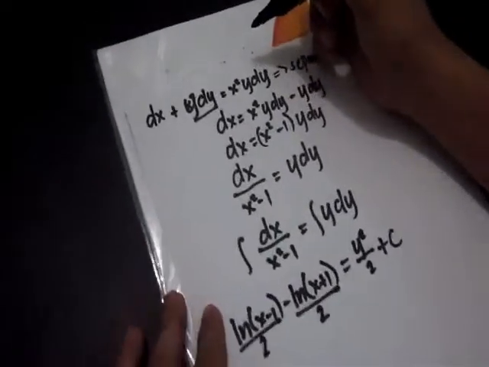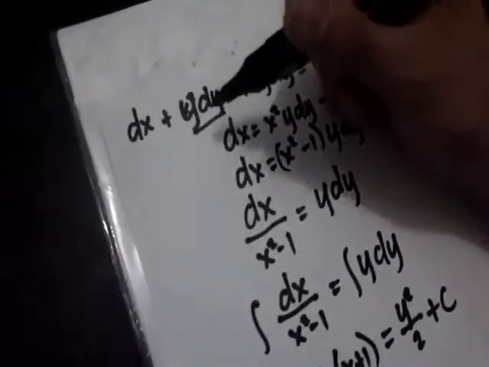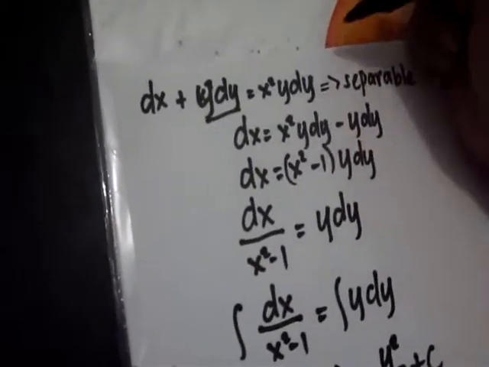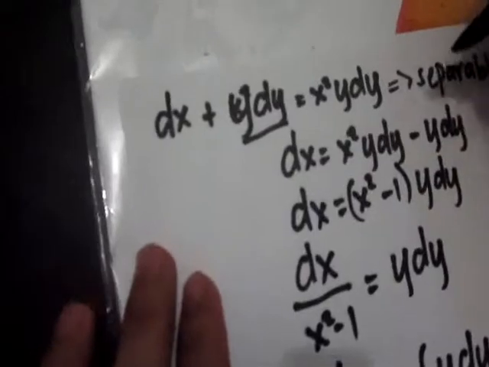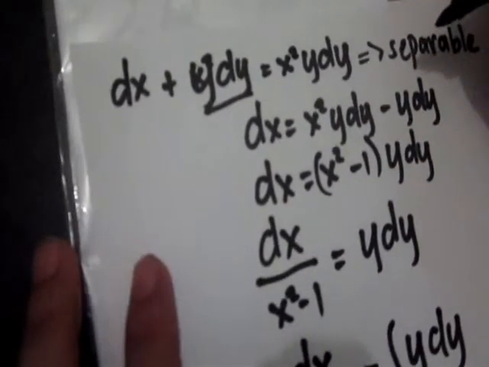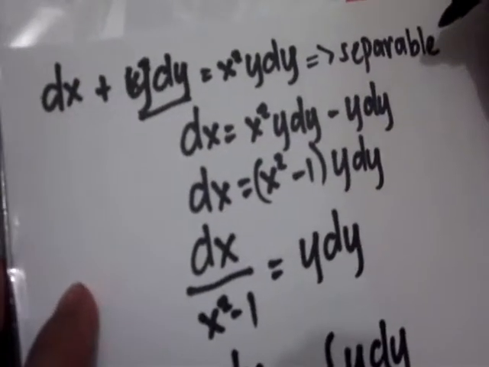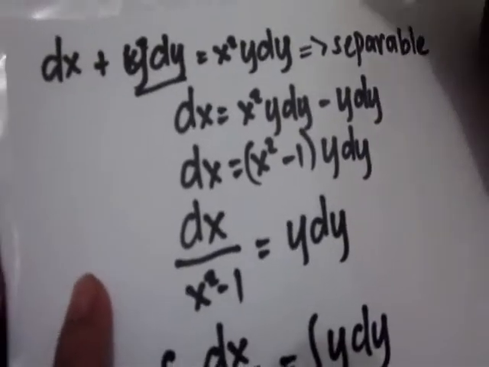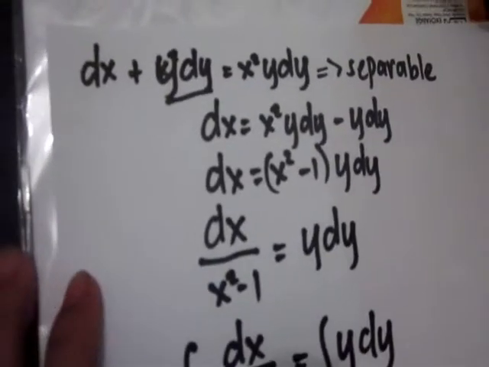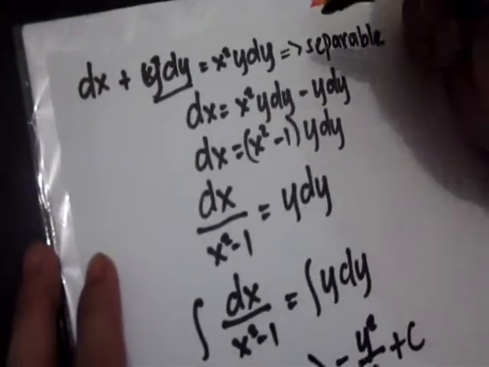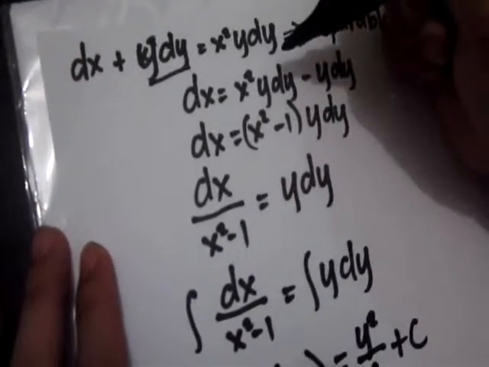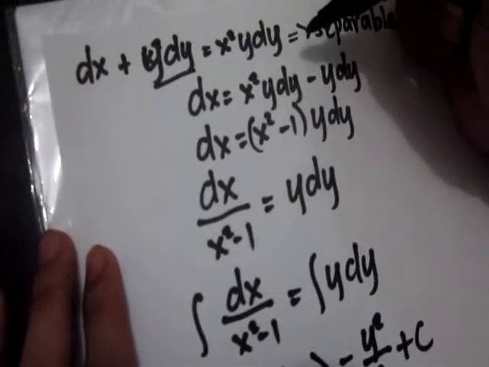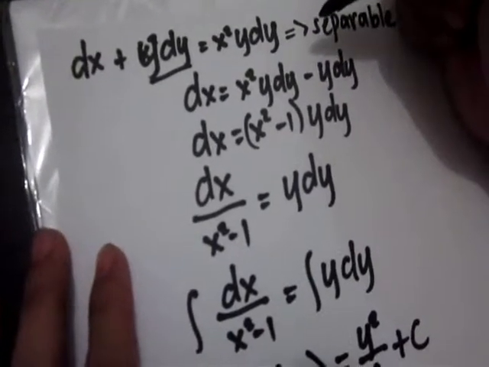Now we shall solve a first order differential equation: dx plus y dy equals x squared y dy. By examining this equation, we can see that this can be solved by using the separable differential equation method. And the first step in solving using the separable differential method is reducing the given equation into its standard differential